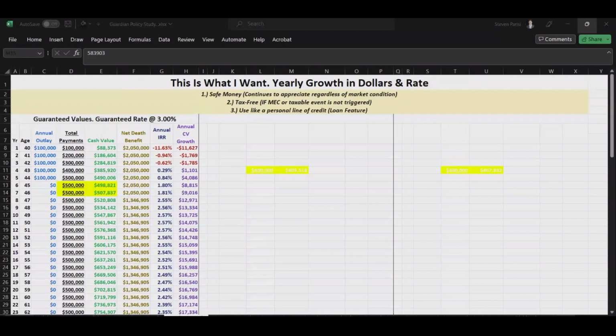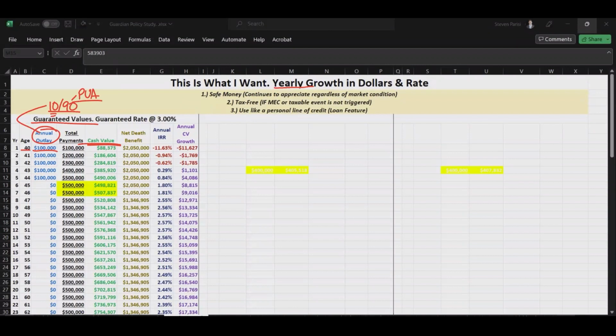So what we'll look at first are the guarantees. So we'll look at the yearly growth first. Guaranteed values. Here we've got a product on a 40-year-old individual funding $100,000 per year, and this policy is designed as a 10/90 split, a little bit lower than a 10% base premium. It's a little over 9%, but with a term rider and such, just about a 10/90 split, meaning 10% base premium, 90% PUAs, in order to really accelerate the cash value growth. This person is interested in maximizing their cash value.